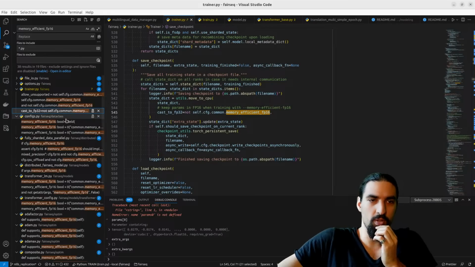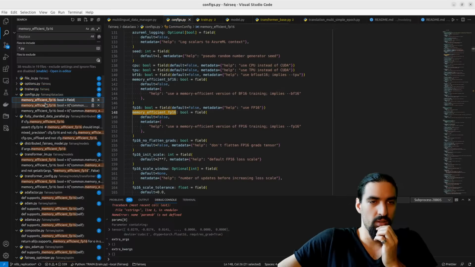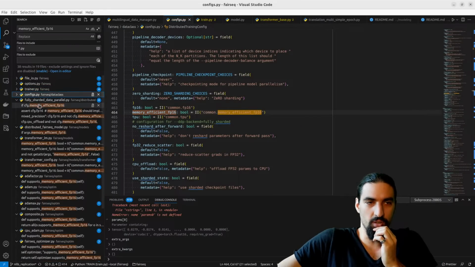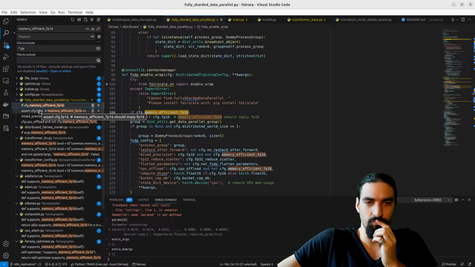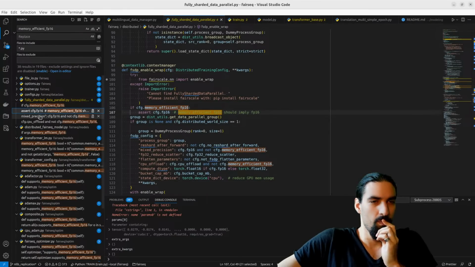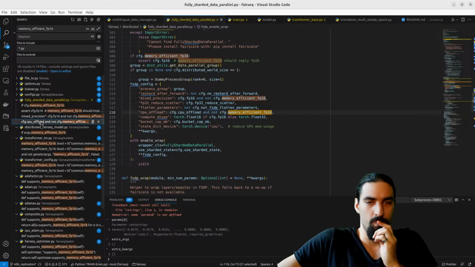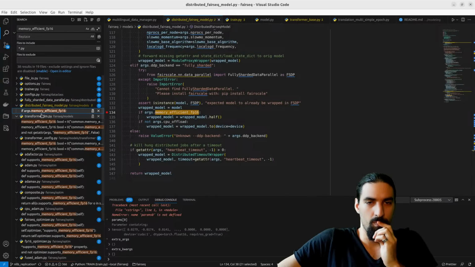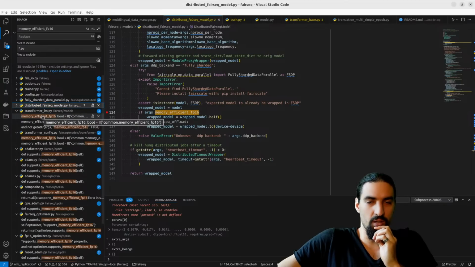Okay, so just a bunch of different small things like that, apparently. Like this one as well, casting there. But shouldn't this be FP16 as well, right?